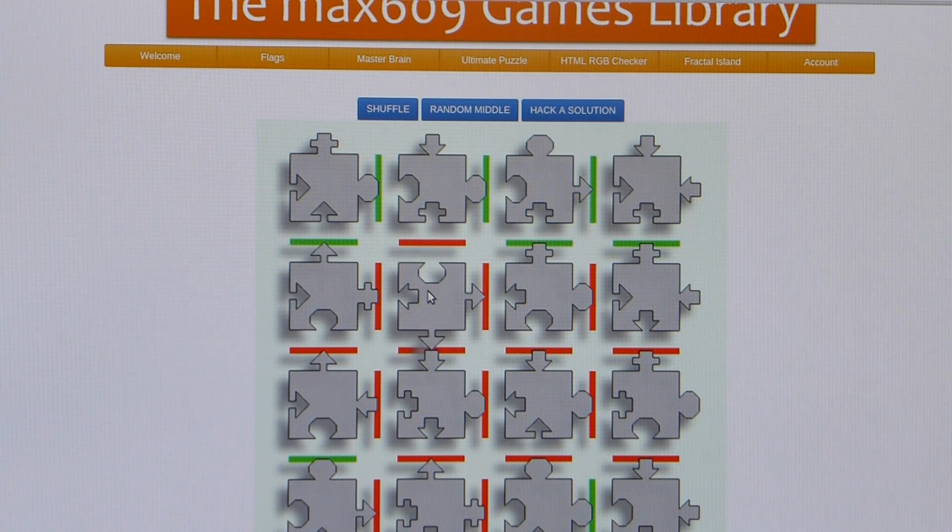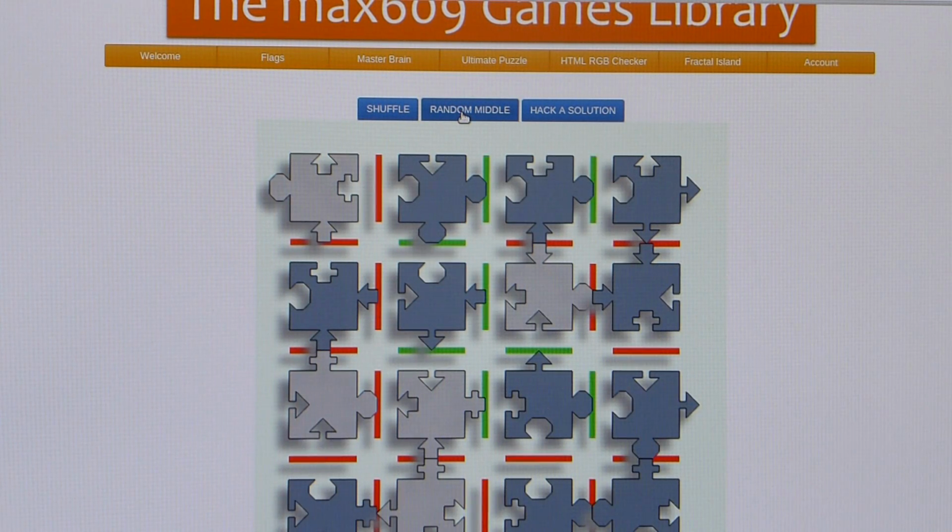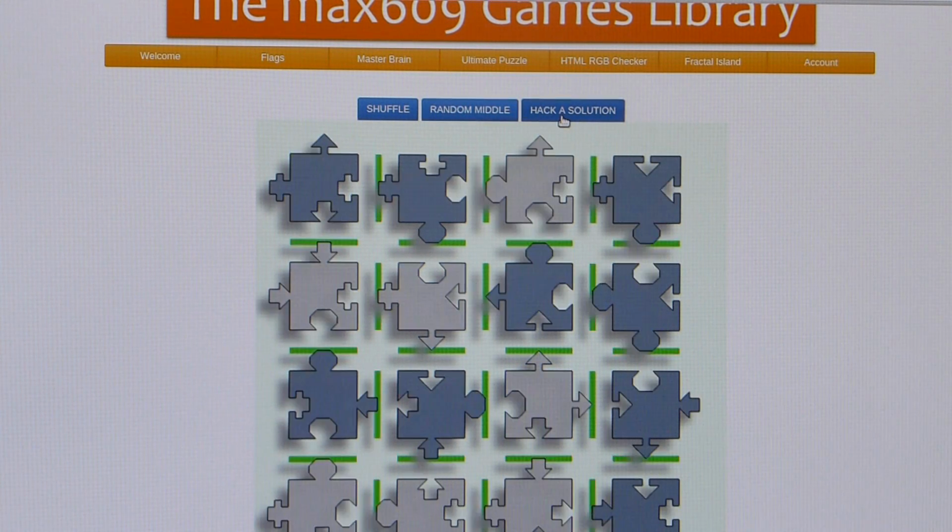You can click once to rotate the piece, double click the piece to flip it, which will then show that it's on the different side, or you can drag it to move it over somewhere like that where it doesn't fit. If you want a head start, hit the random middle. Now you'll notice that the four pieces in the middle are actually correctly aligned, which is always going to give you a start. No guarantee it's going to work, and if you think it's impossible, then we can hack a